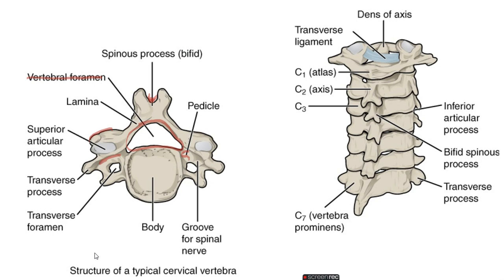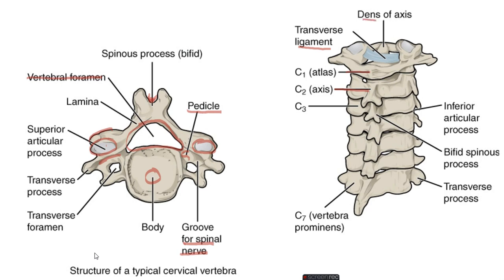And this fossa is known as the pedicle. And here we have the spinal groove for the spinal nerves. And then we have this body, and these are the articular processes from where another vertebra is going to attach with this, right? And this is the C1 atlas and C2 axis, cervical vertebra 1, cervical vertebra 2. And here we have the ligaments, which help in the connection of the bones with the medulla oblongata in the brain.